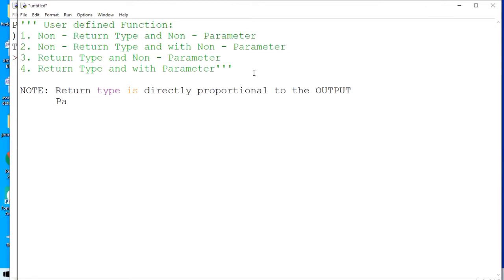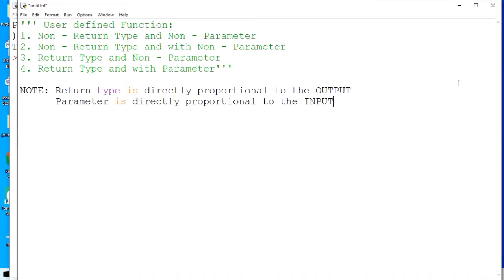Same way, parameter is directly proportional to the input. I will explain both the lines. First, note it down. So basically, return type is directly proportional to the output and parameter is directly proportional to the input.